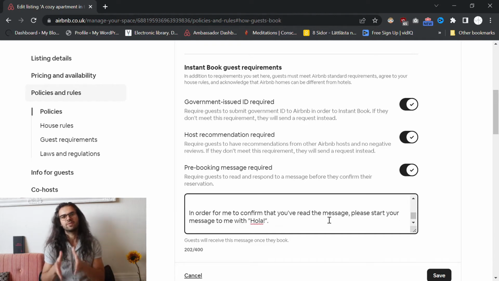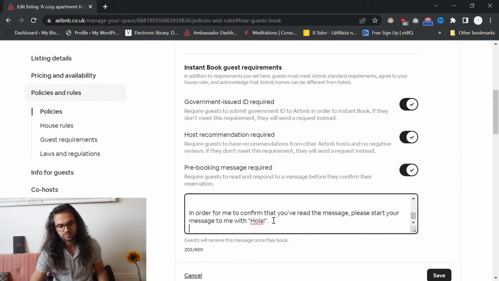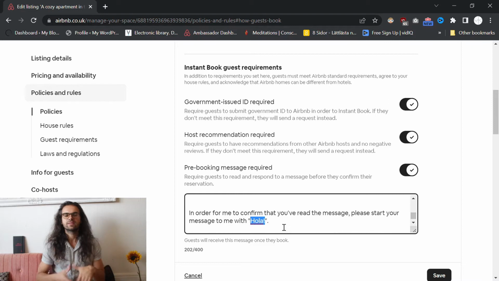Now what will happen then? If the person read this message fully from A to Z, the first thing they're going to do when they get in touch with you is write "hola." And this is how you know that you're communicating with a guest who has taken their time, who is actually interested in your listing, and you can assume they're a mature person who has your highest interest as part of theirs, and therefore it's a good start,